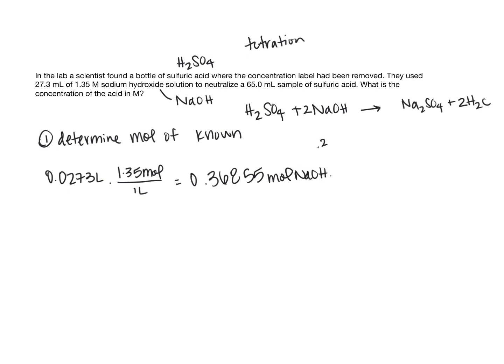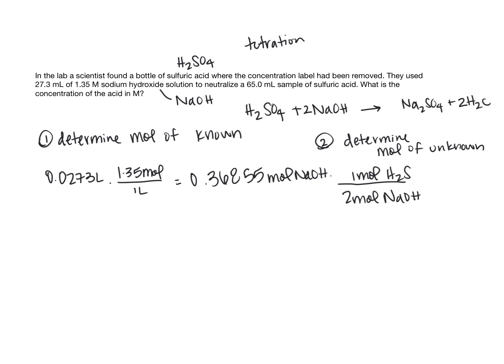Step 2 is to determine moles of unknown. So now I'm going to use my balanced equation, and I'm going to say that there are 2 moles of NaOH for every 1 mole of sulfuric acid. And so when we plug that into our calculator, we determine that there are 0.018428 moles of sulfuric acid in, it turns out it tells us right here in the problem,